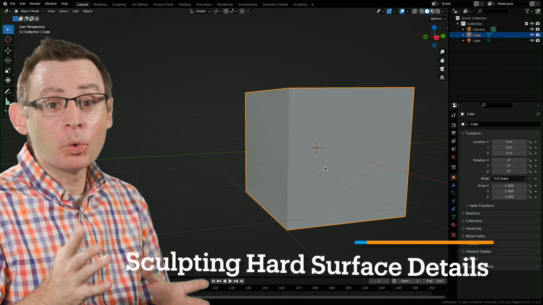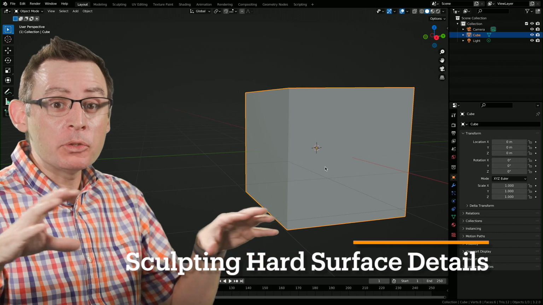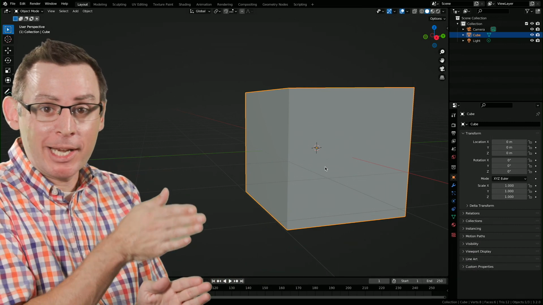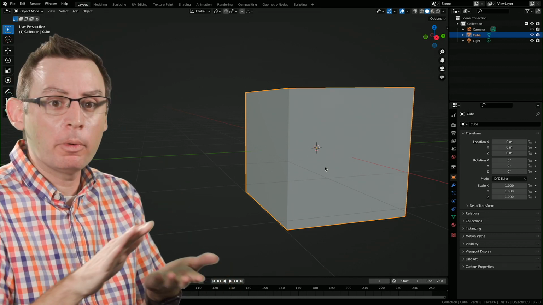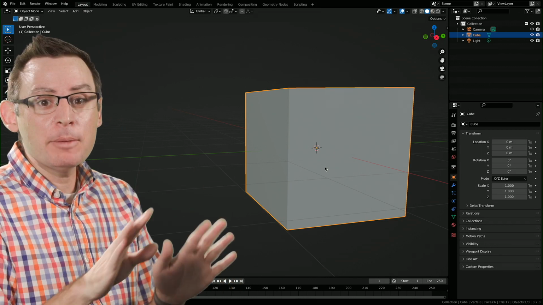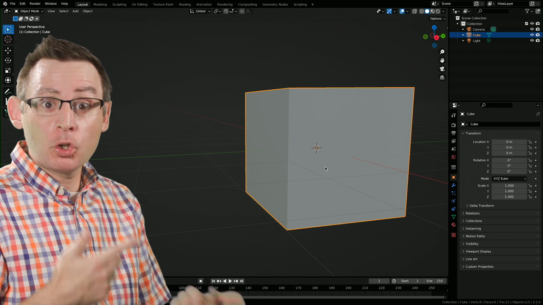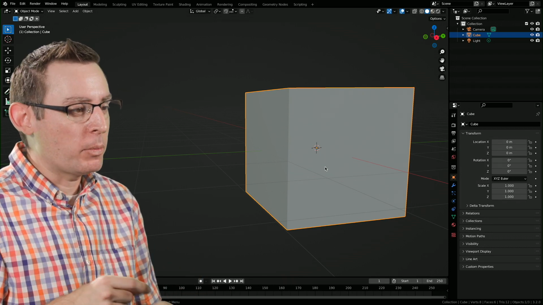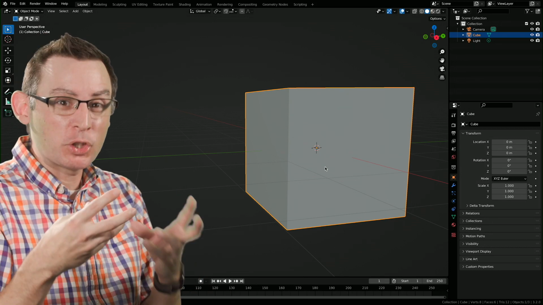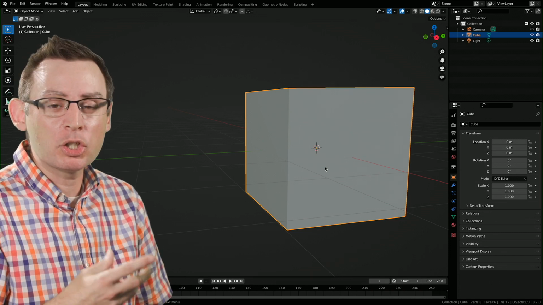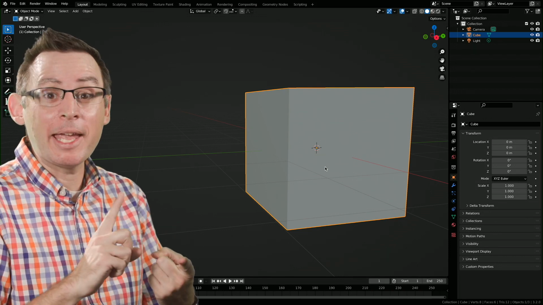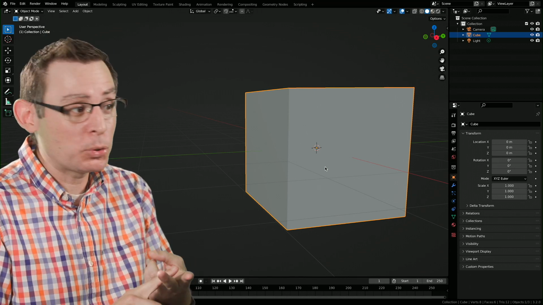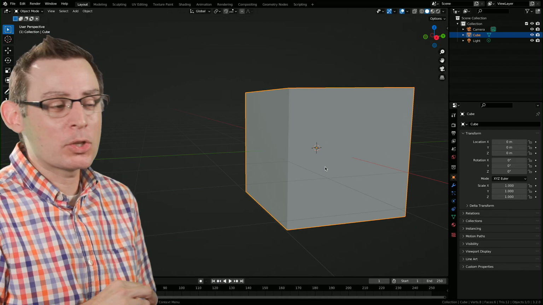One of the things that I really enjoy about working in Blender is that all these wonderful tools are integrated into one system, and we're free to go back and forth between a number of different workflows at any point inside the application. The sculpting tools are a really great example of that. We don't have to use the sculpting tools for just modeling characters or creatures. We can use the sculpting tools in any workflow, whether it be animation, even the grease pencil tools, and even here in the hard surface world.